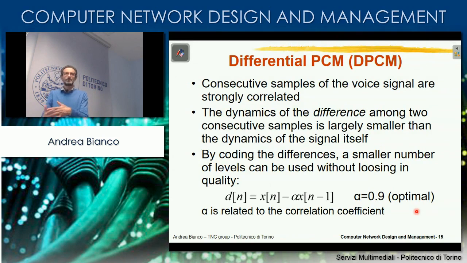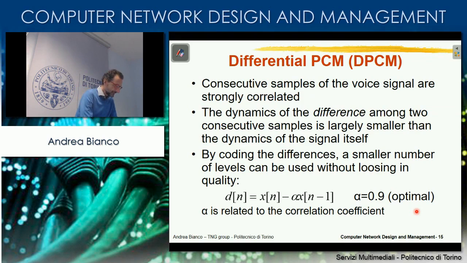We will see that in video. We will see the compression techniques are very similar. Of course, they are exploiting the different characteristics of the signals, but the basic idea are very similar. So that's the idea of differential coding. I'm taking the value, and instead of coding it in isolation, I'm representing it as a difference with respect to the previous sample. The intuitive idea, then you can much better formalize, we don't have the time and the interest to do that. The intuitive idea is that since there is a lot of correlation, the value of the